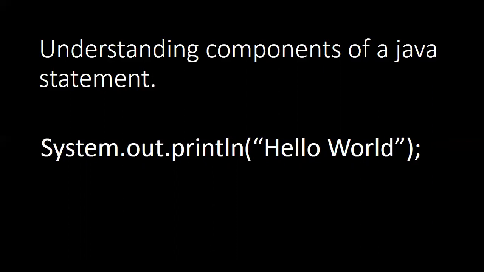You can say System is a method, and inside that method there is another method. So how do we access it? Using the dot. Consider System as a box. When you open the box with the dot operator, you are accessing it, and there are a lot of members present, like out, in, error. So there is one box called out. When you open that box, you get a print function.